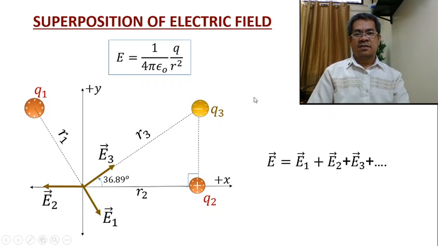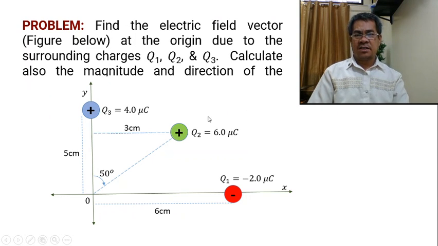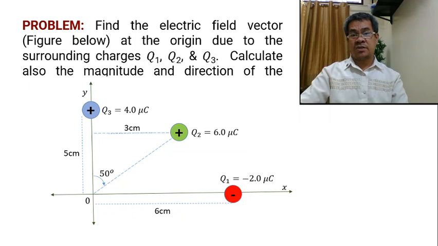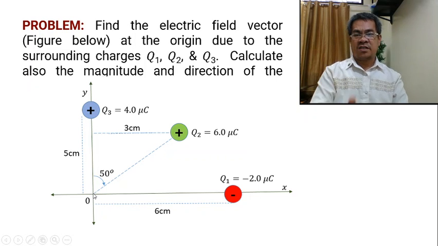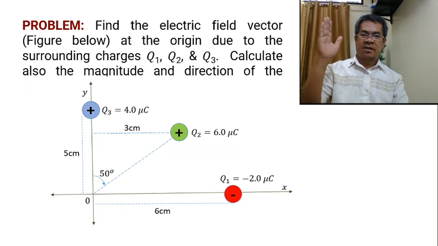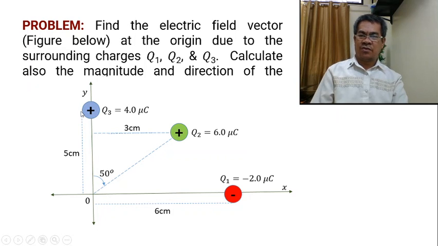Now, for your practice, I think this is a good problem for you to solve. For the superposition, do it the same way we did in our previous video. The difference from the previous video is the formula, because in the previous one we used the force, and in this one we use the electric field. So we need only one charge, because our electric field formula requires the charge and its radius. You have to find this one. This is given. Since you have 50 degrees and 3 centimeters, you can compute this side. So this is your R2. Your R3 is 5 cm. Your R1 is 6 cm.